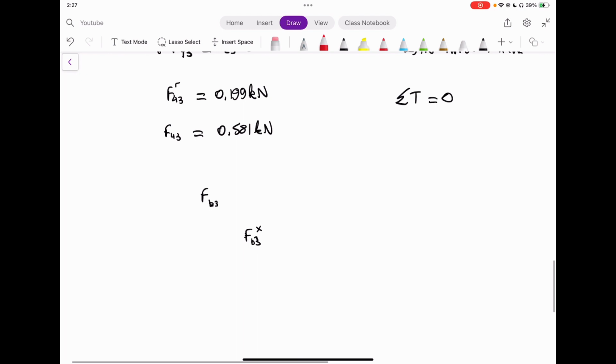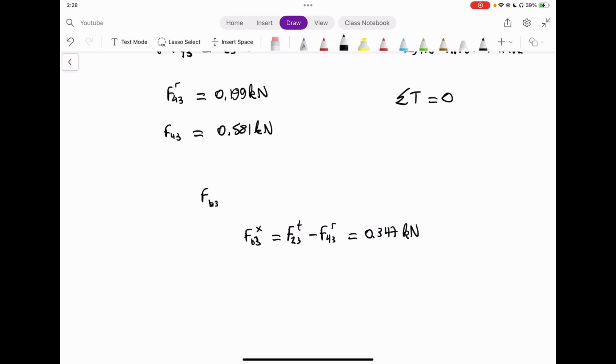So we have that FB3 in the x direction would be equal to the other forces in the x direction. So we have F23T minus F43R, and that would be equal to 0.347